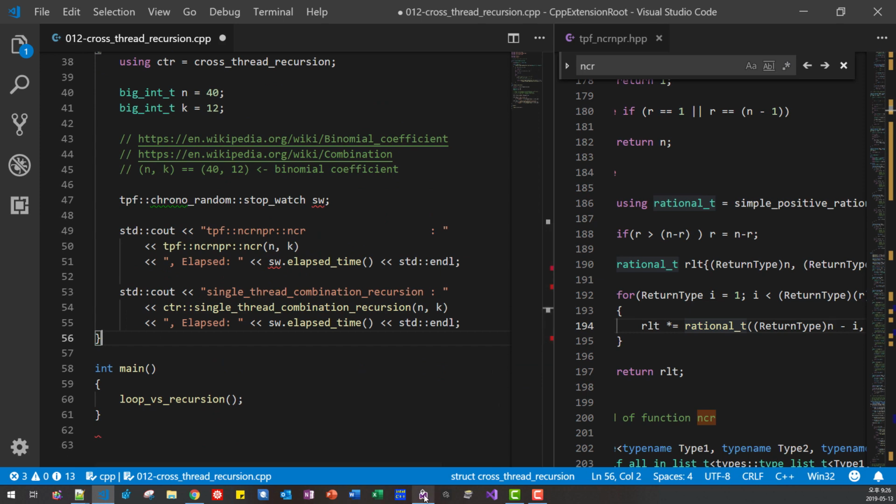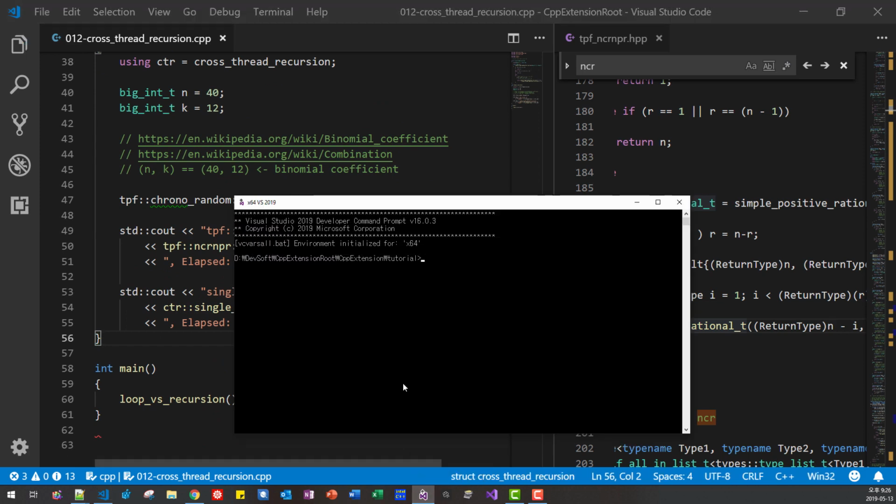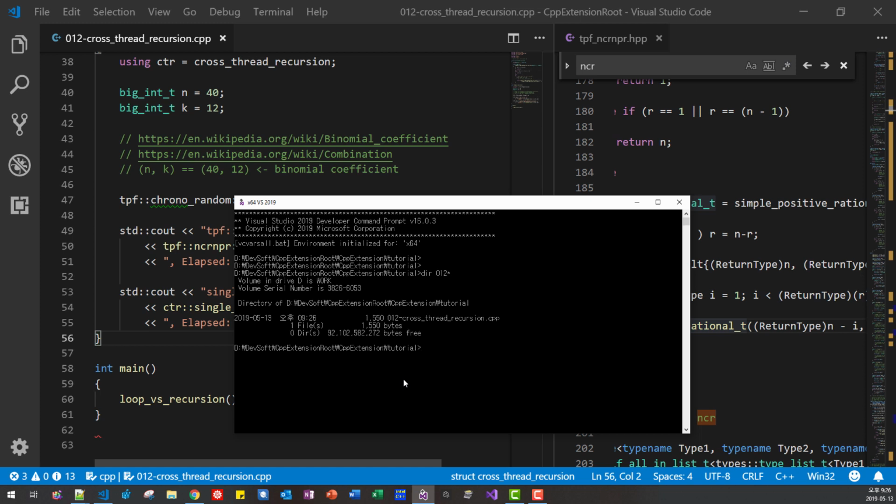Start command prompt, dir. O12. So this is the file. We will be using Microsoft compiler or GNU compiler, whatever compiler. I will use Microsoft compiler, cl /EHsc /std:c++17.